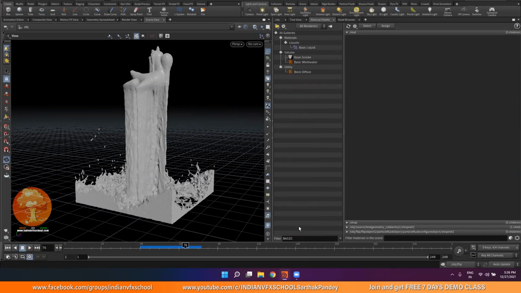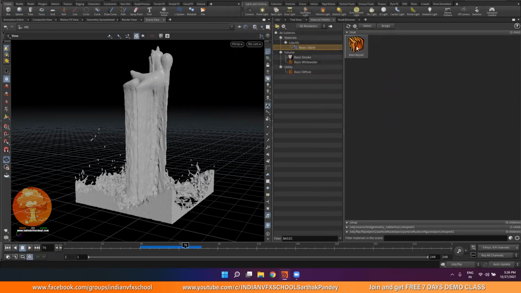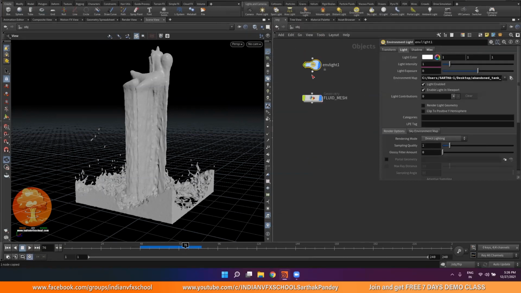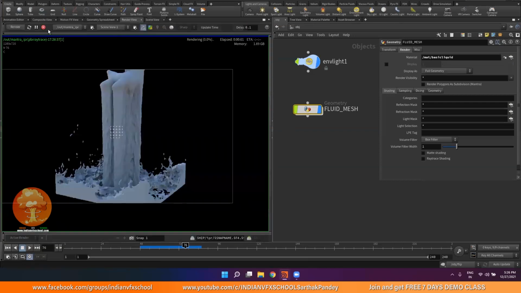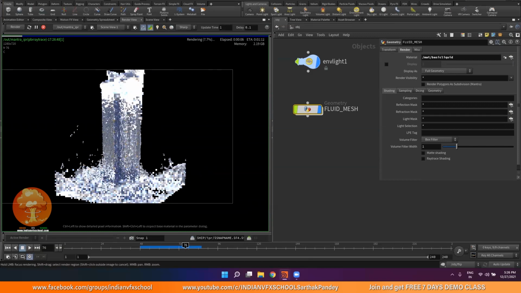If you type basic liquid, you will get this basic liquid. If you bring it over here, and double click this, you can copy this path. So copy the path of this basic liquid, Control C, go back to your object level, and in this fluid mesh, in the render tab, I can paste it on the material section. This way, if I go back into my render view and click, you can see we are already getting this render. And again, you can click on this button, so it will set back to the adaptive mode, and everything will be rendered at once, so we can have a better idea of how it's looking.